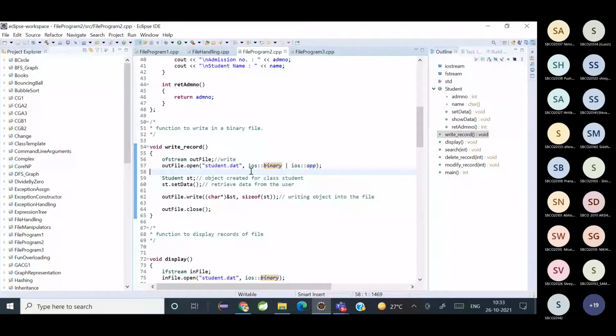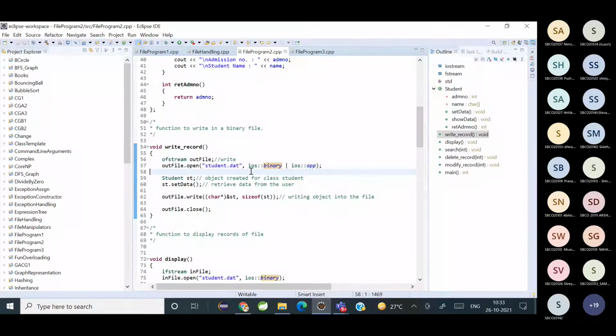Do you all remember anything else we have discussed? Yes, students. Ios::in, ios::out, ios::ate.